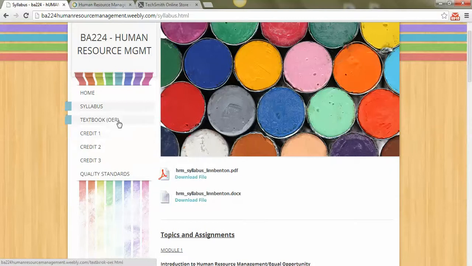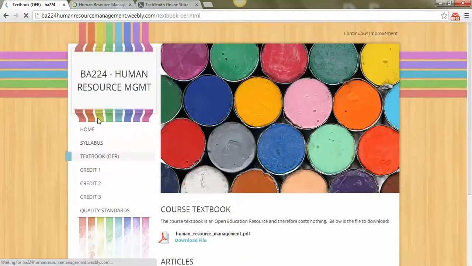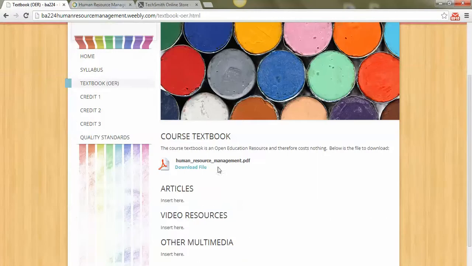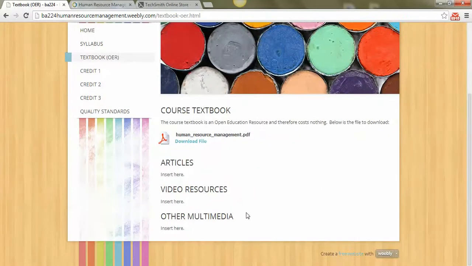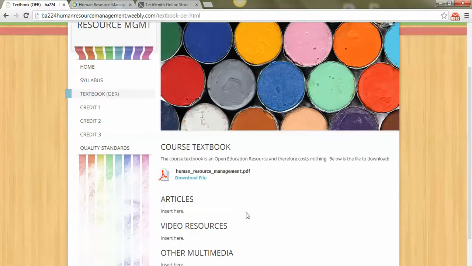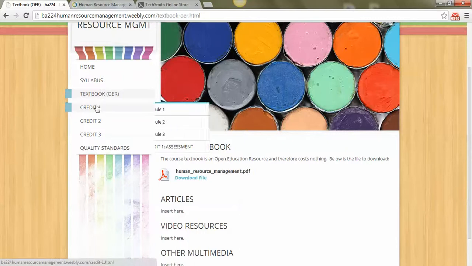Now the textbook is an open education resource, so it's a downloadable PDF file. Students can go in here and click that, or of course we'll have this in Canvas. And then I'm building a list of articles, video resources, and other multimedia that support the course learning objectives. That's the textbook. Each credit has 3 modules in it, for a total of 9 modules, plus a credit assessment. So for credit number 1,